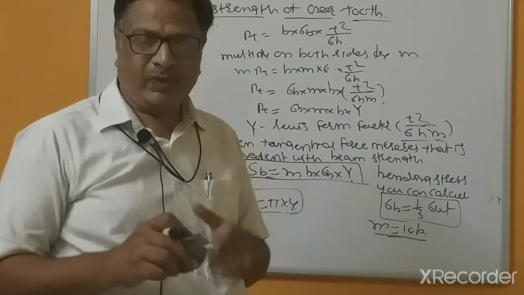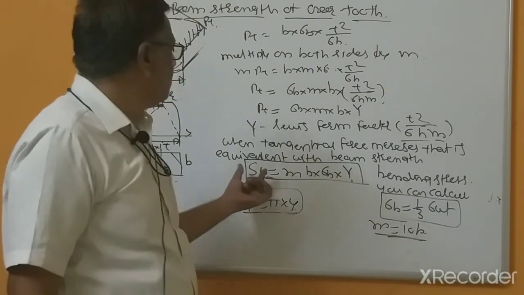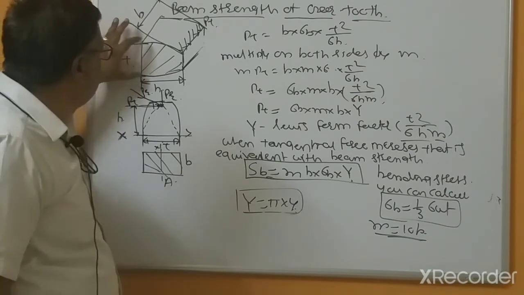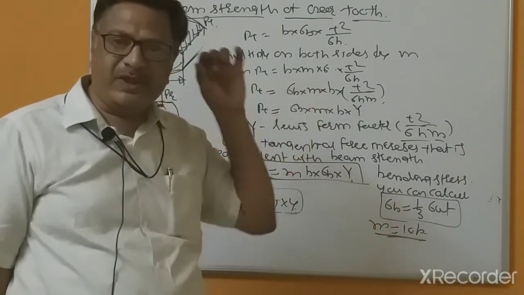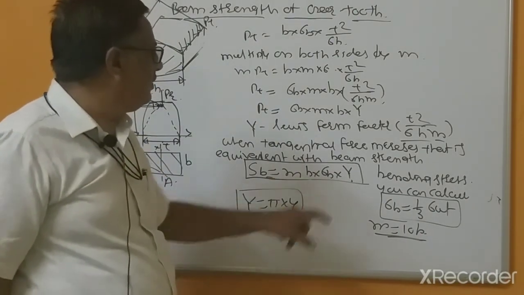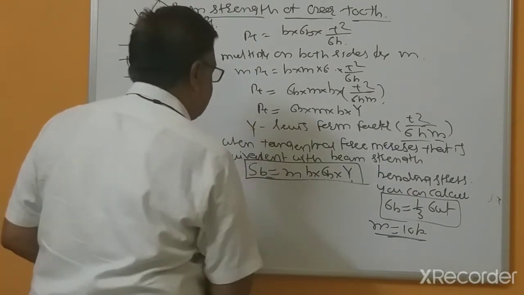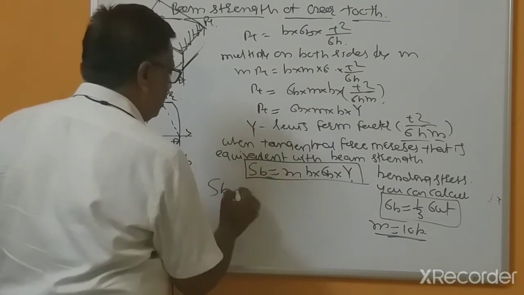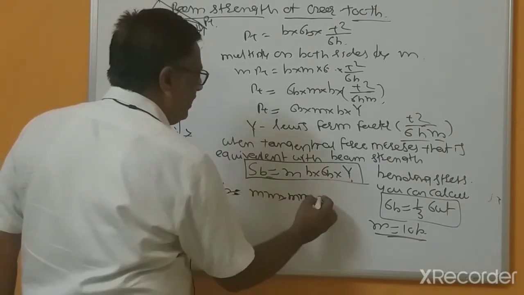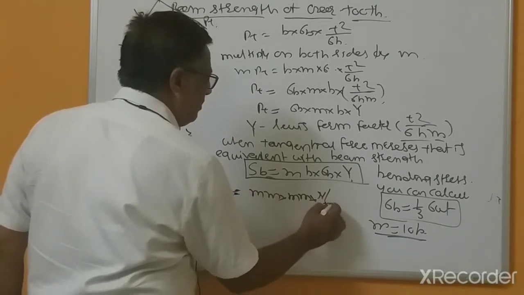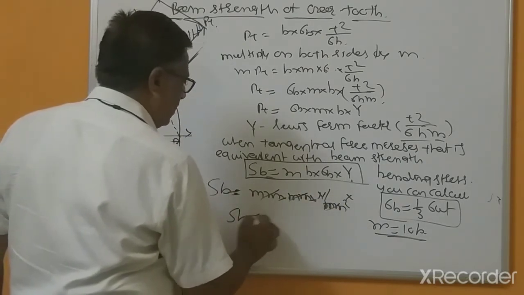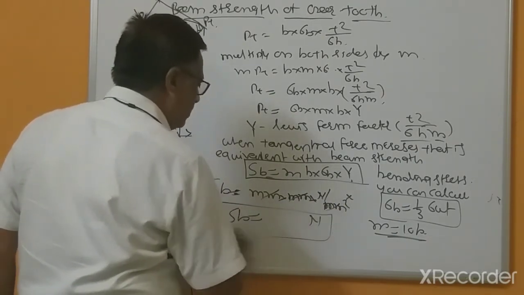But you should know what is meant by beam strength. This is the strength of the beam, because we are considering the teeth like cantilever beams, and that strength is equal to module multiplied by face width, bending stress multiplied by Y. Y is unitless, m and b are in millimeters, and bending stress is in Newton per square millimeter, so the units cancel, and beam strength you will get in newtons.